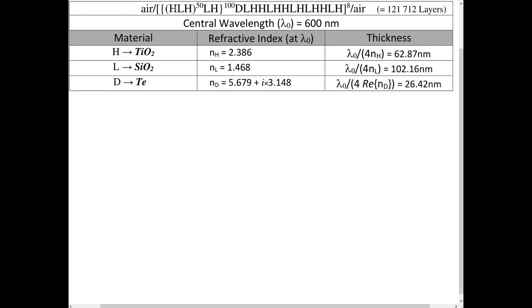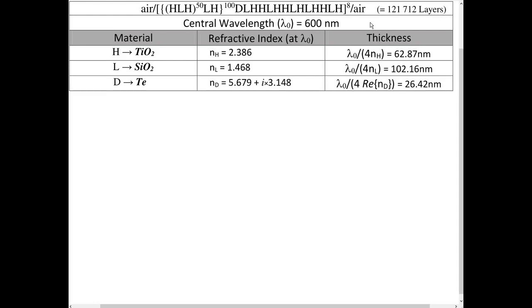This structure consists of 3 layers repeated 50 times. Already at this stage we get 150 layers. Then 2 more layers are added to them and all this is repeated 100 times and, therefore, we get 15,200 layers. Then 14 more layers are added, and this whole structure is repeated 8 times. As a result, we get 121,712 layers. Once again, we will not consider the practical applicability and feasibility of this structure. This is just an illustrative example to demonstrate the program's new features.